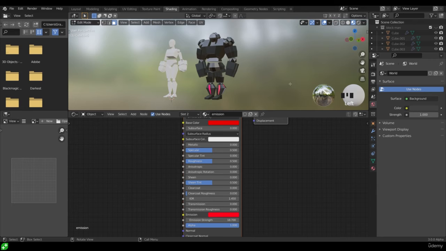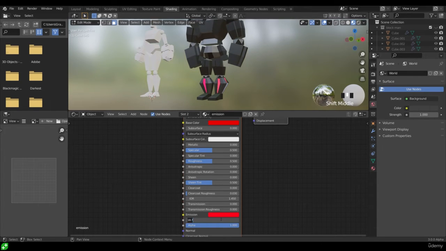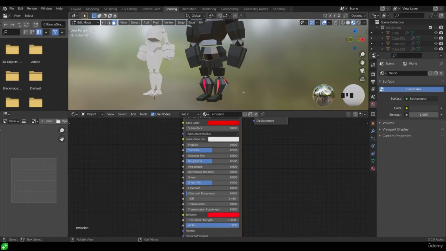If I bring that to red as well, it starts going a bit pinky colored, but that's because we've got quite a high emission there. I might bring that down to 10 so it's not quite as pinky. I'll talk about how we can make this look better in just a moment, but first pause the video